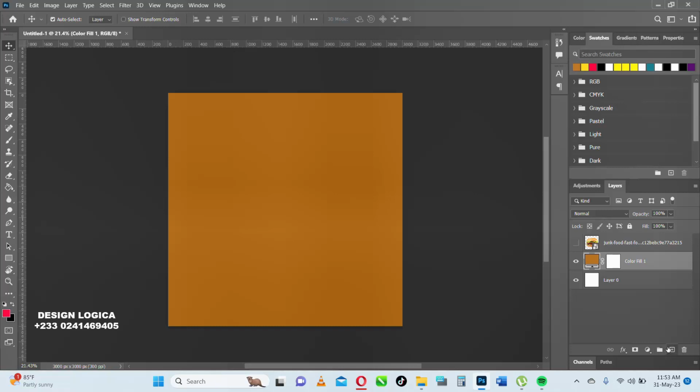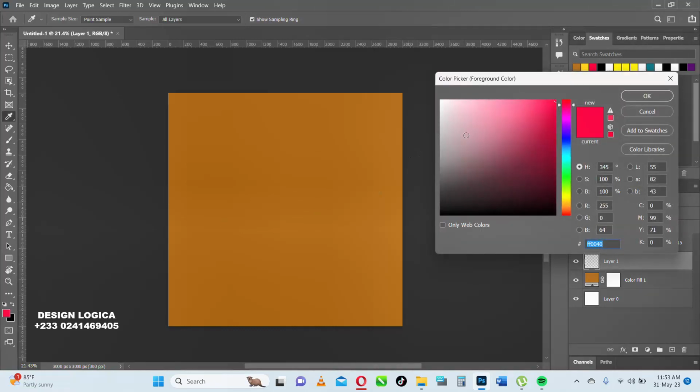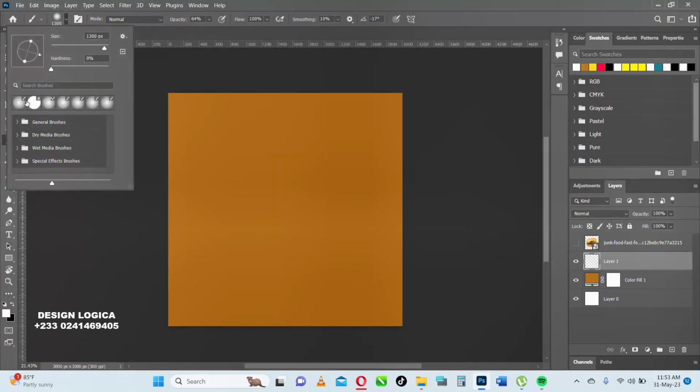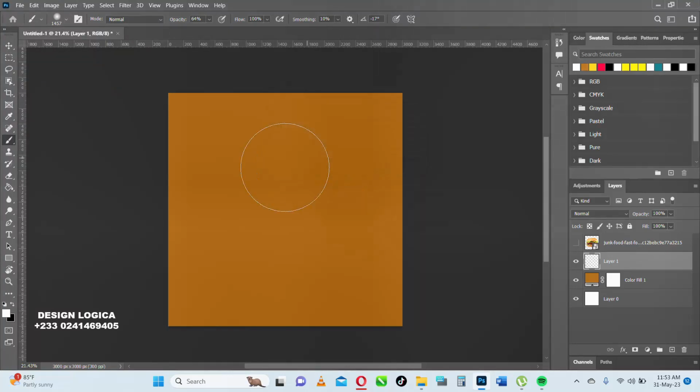and then create a new layer on it. Select the brush tool, make sure that this is white, increase the size here, or you press the shape. You see that shape that I'm pressing in the size button? Yeah, you can press that shape. If you press that shape, it will be increasing, and the other side bracket will be the square bracket. Yeah, so let me hit here. One is okay, and then let's reduce this one,